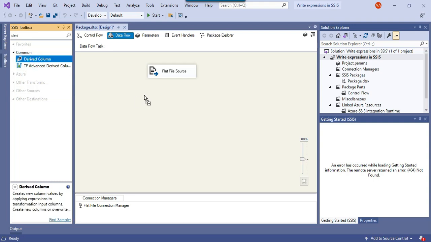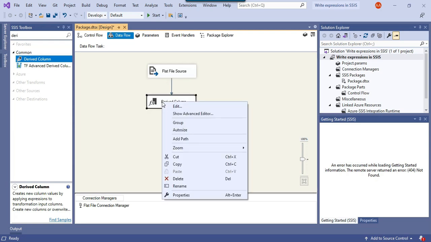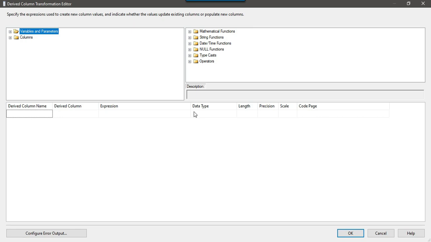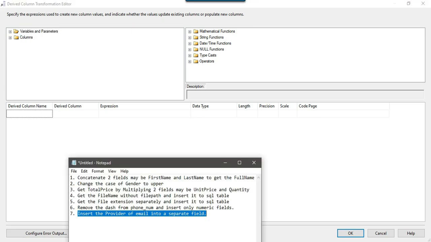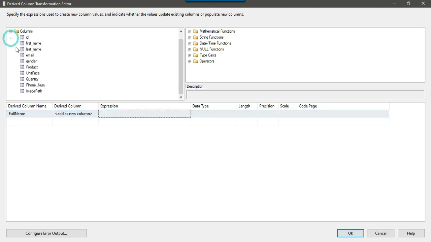So just drag and drop the derived column transformation and connect the flat file source with the derived column transformation, and right click and configure the derived column transformation. First thing that we want to do is concatenate two fields, first name and last name, to get the full name. Maybe I can copy the full name from here, and then from the columns I can just drag and drop first name plus double quote space double quote plus, and then I can put